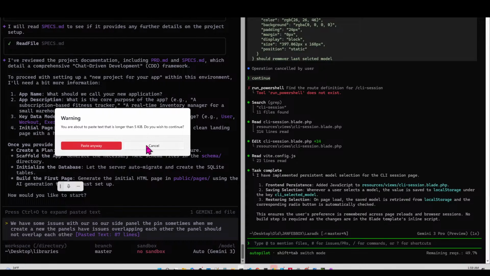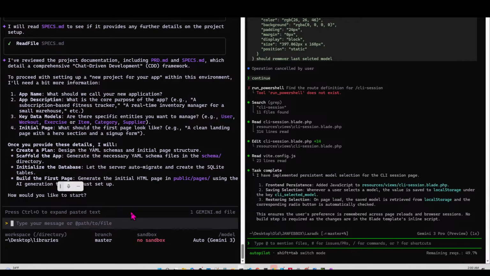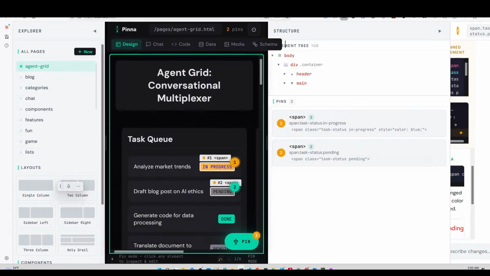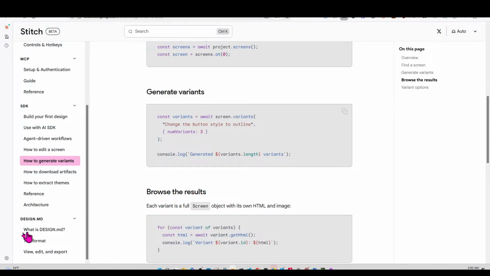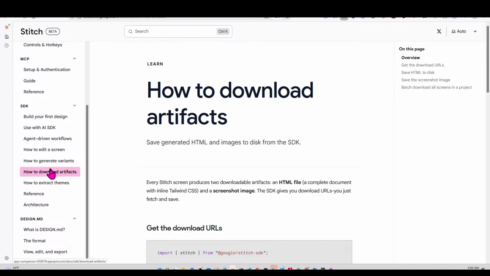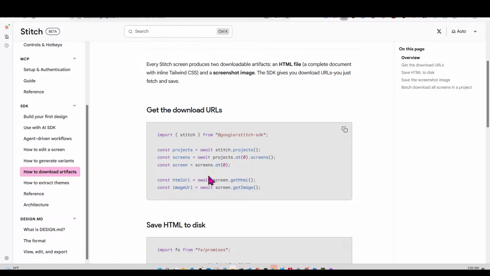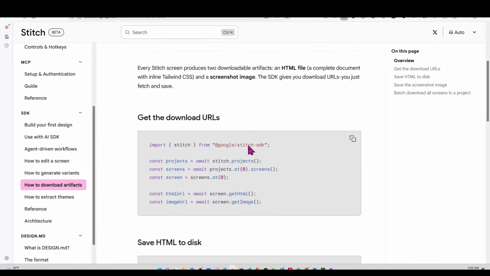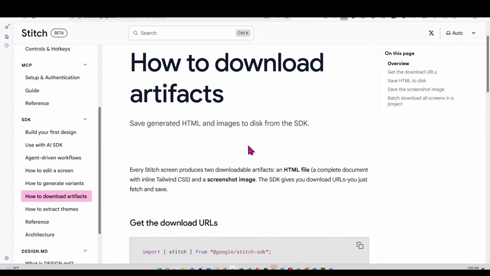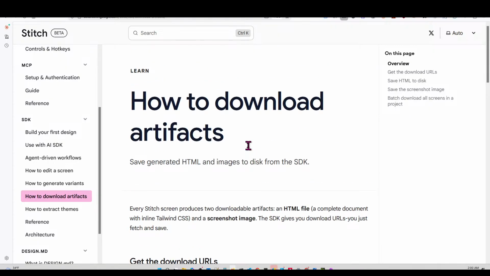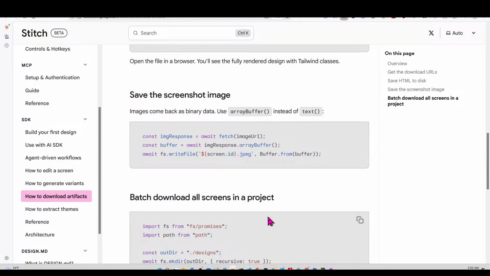And it has some issues. Cancel. Let me let it go to town. So I'm going to go back to Stitch, and one important thing we also have is the ability to download artifacts. So artifacts are just the file names, the files to the disk, and that's how we would download it. So to go back to the question,